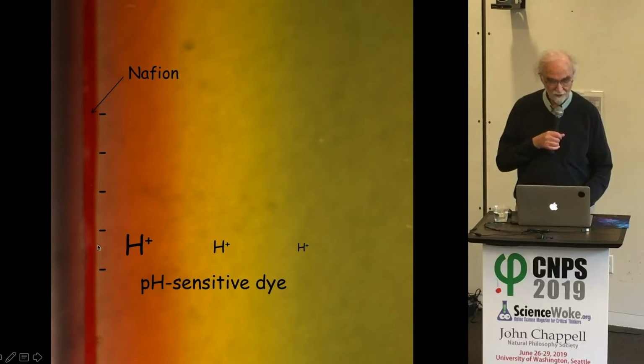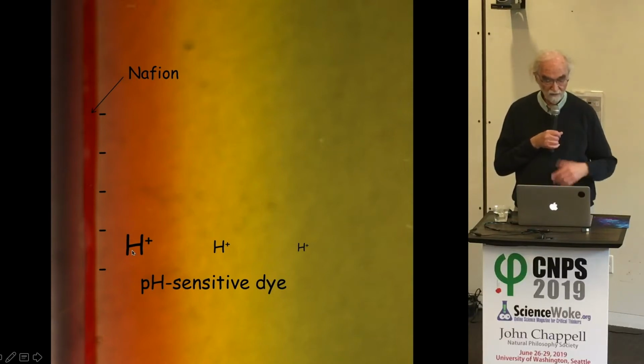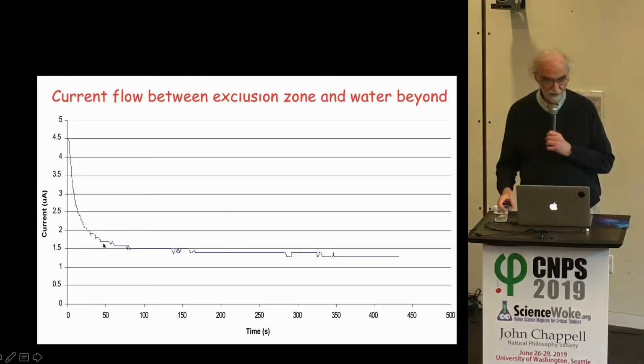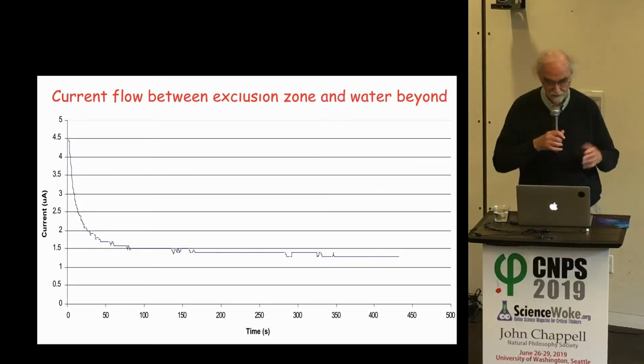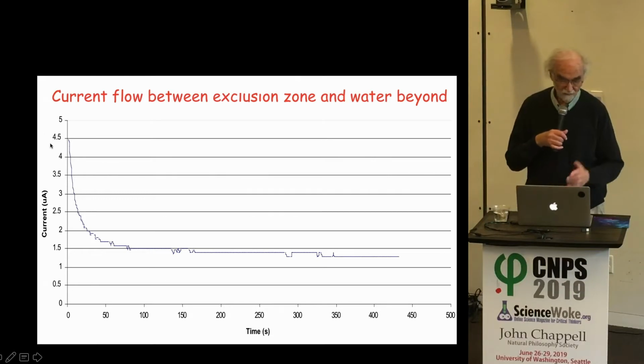We stuck one electrode in the negative part, another one in the positive part, connected the two electrodes with a resistor, and we expected, if really there's positive charge here and negative charge here, you'd expect current flow through the resistor from here to here. And we did the test, and this is one of the first records that we got. We have many.